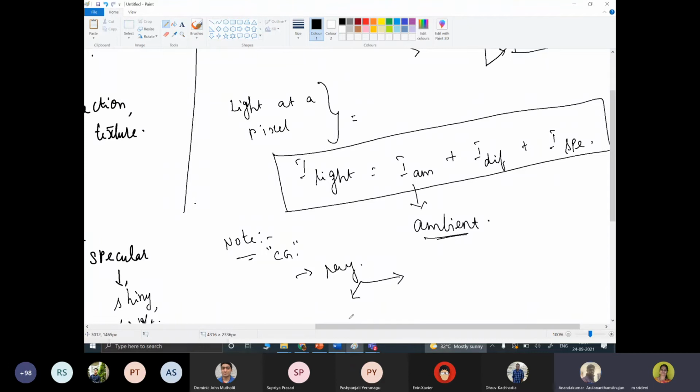Either it can be omnidirectional or it's directional. In the case of omnidirectional, it is the point light source as we discussed previously, and the directional ones are spotlights.